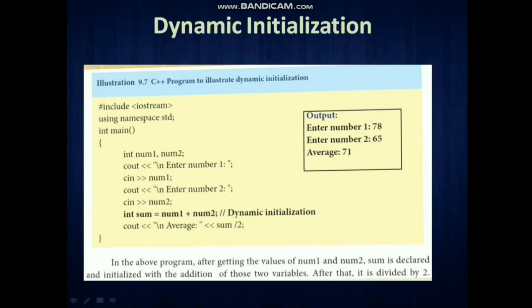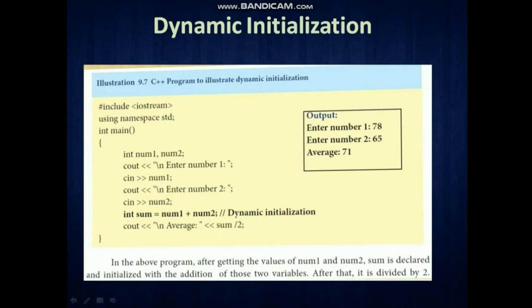Inside the code also we can declare and initialize the variable. This is also very important, and we also use this method in C++ programs.